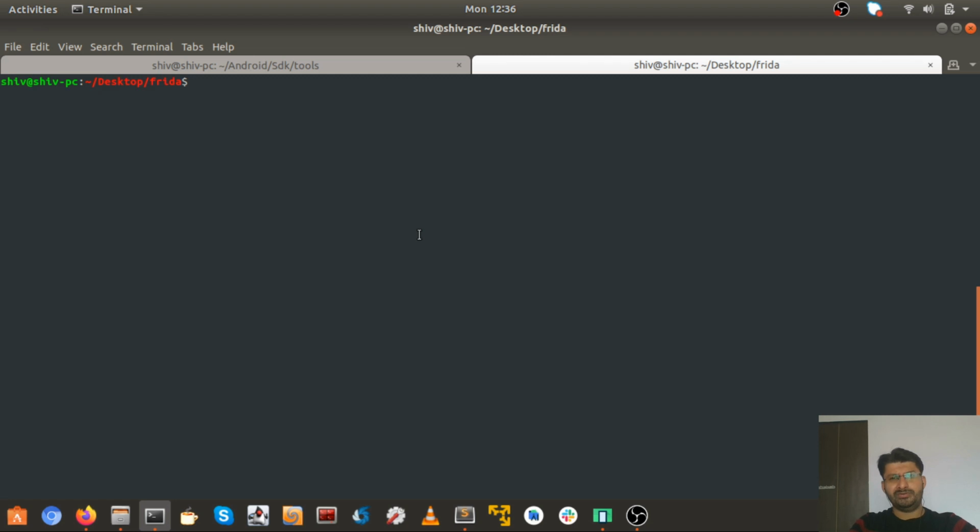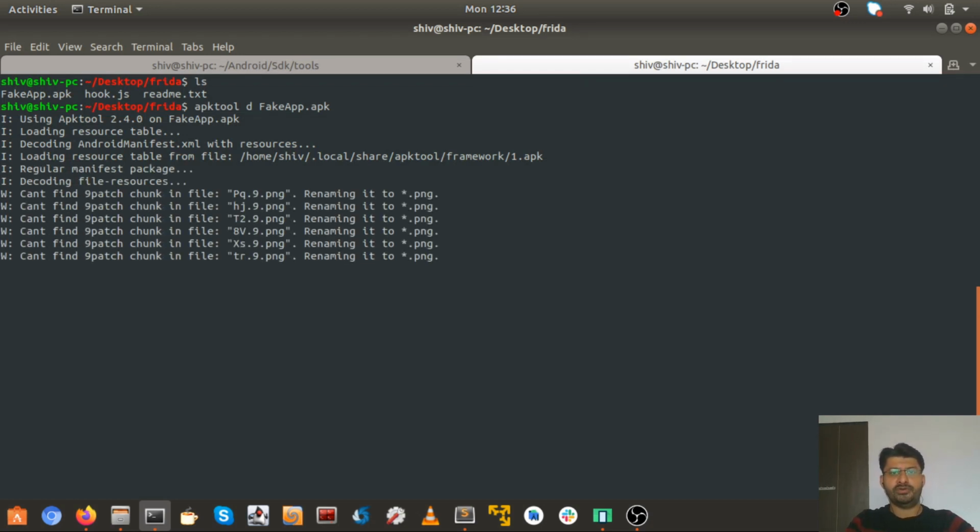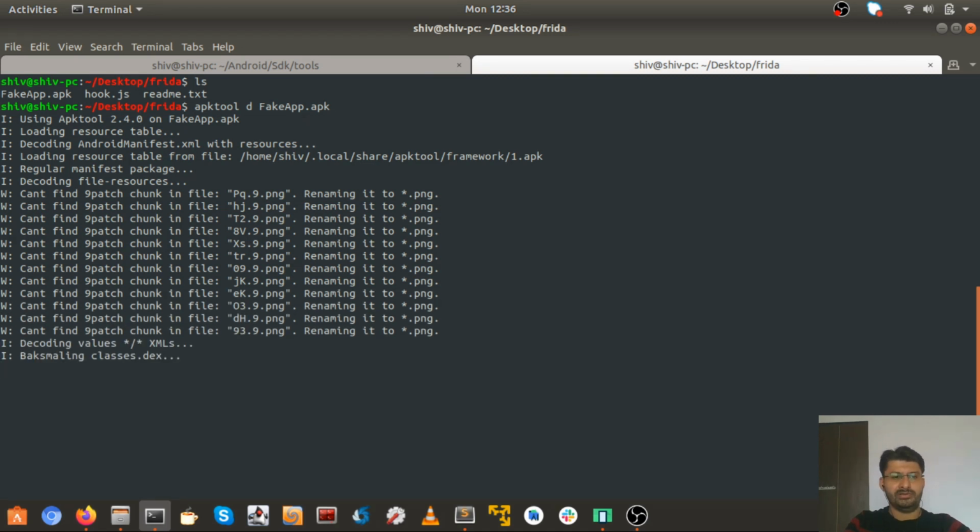So being a reverse engineer, if you are into Android malware reversing, what we'll try to do first of all is reverse, or I can say decompile, the app. So let's decompile. We are trying to decompile the app using APK tool, the one and only most famous tool which pretty much everyone uses.